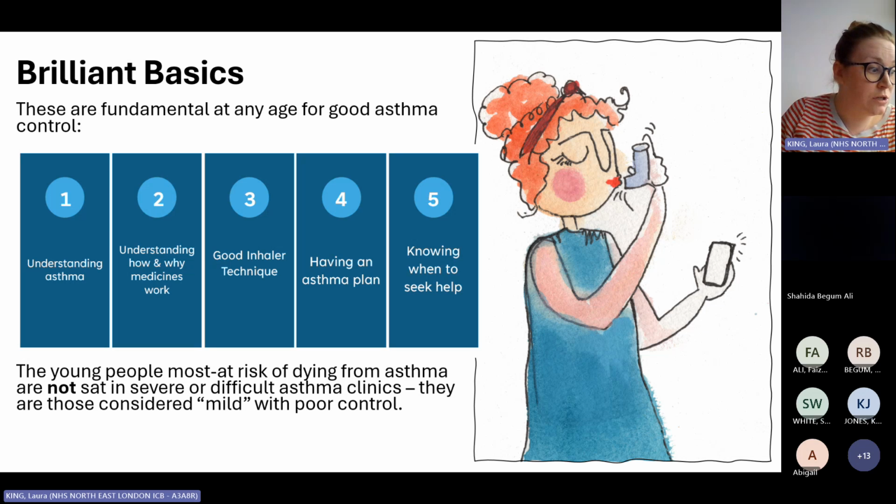But in our patch, we have a really brilliantly fascinating population, so many nuances of culture, but we also have some real barriers when it comes to communication, resources, understanding, lots of cultural perceptions of asthma that may not align with ours. And again, I think there's a few people on the call that have worked with me on the inequalities work. So again, really important here that everybody has this basic knowledge of asthma as an inflammatory condition.